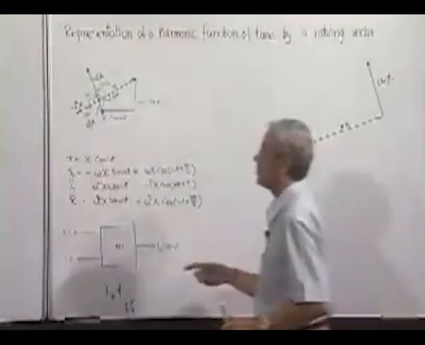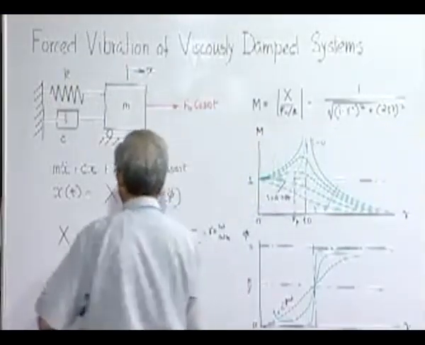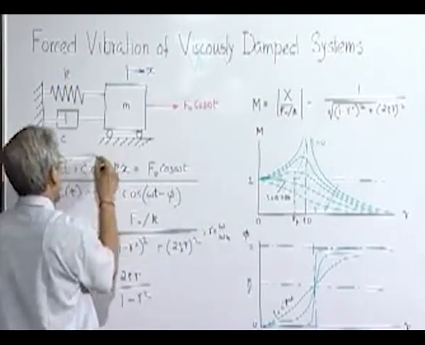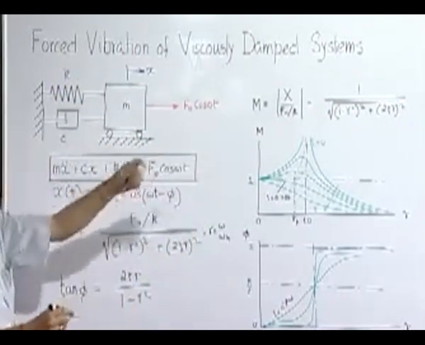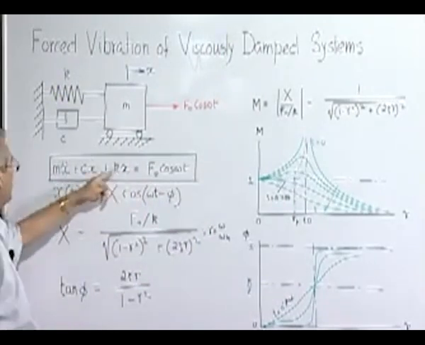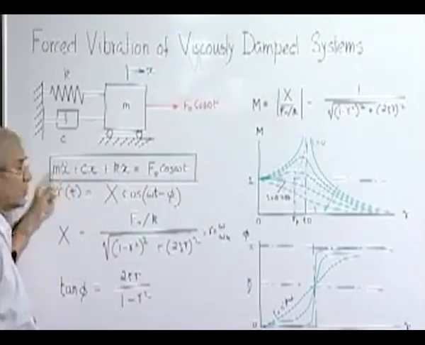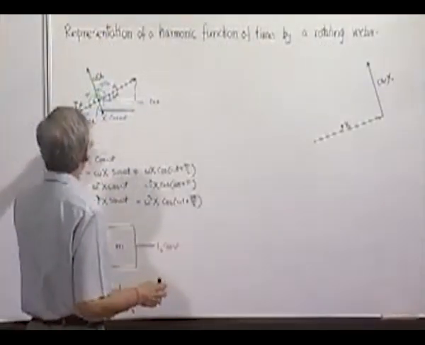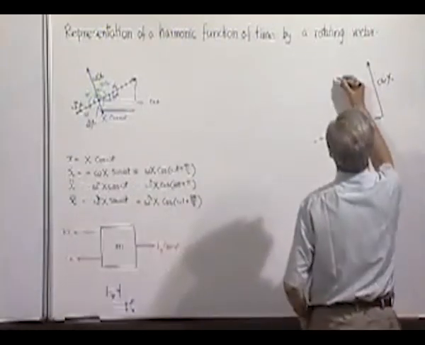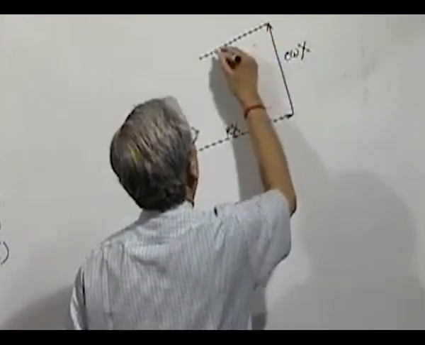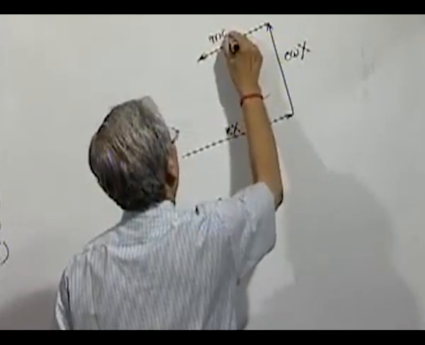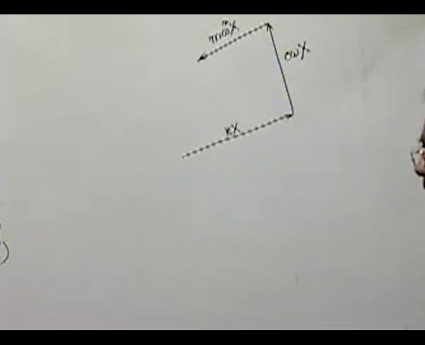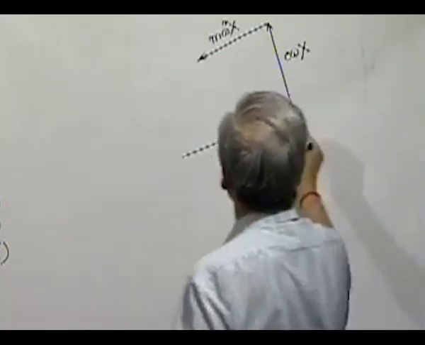Now, if you look into this equation, what we are doing is representing this equation by a rotating vector diagram. So, kx, we have added Cx dot, now we have to add mx2 dot. x2 dot is represented by a vector like this. So, mx2 dot will be represented by a vector which is now leading the x vector by 180 degrees, and these three together will be equal to